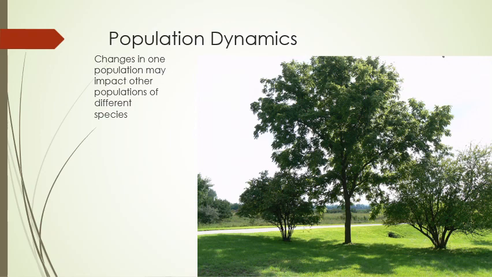Over time, populations change, and the dynamics among different communities, among different groups in the population, will change. Sometimes, like I said earlier, we have some trees that will put out poison to kill other trees around them. And then as that tree dies, it encourages more growth around it from new species.